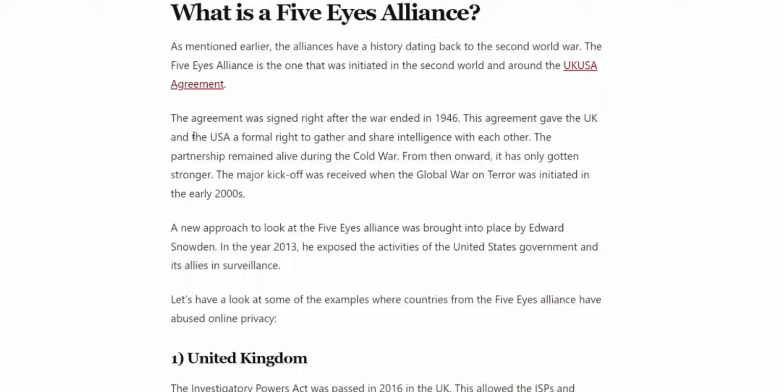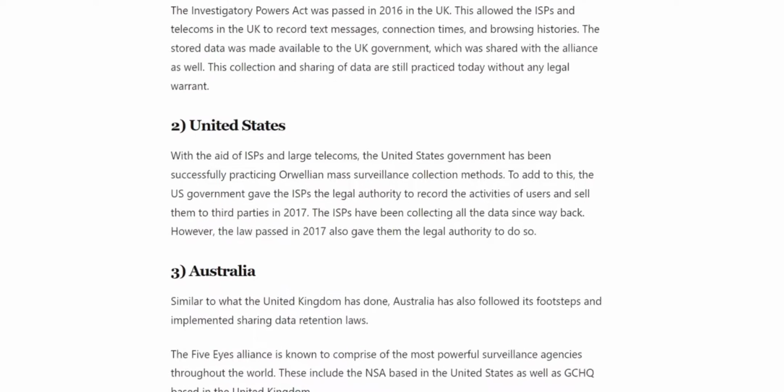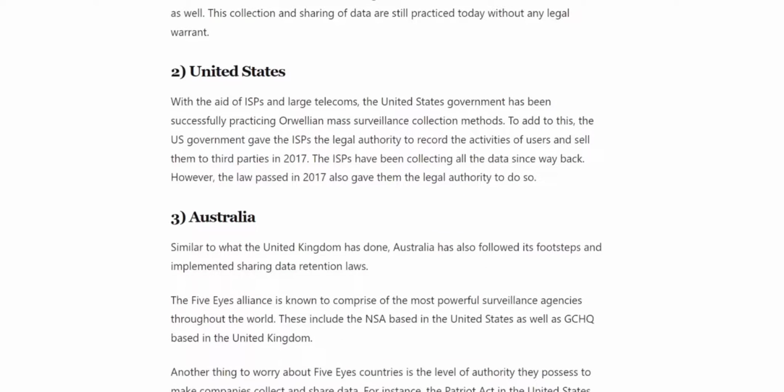The partnership remained alive during the Cold War. From then onward, it has gotten stronger. The major kickoff was received when the global war on terror was initiated in the 2000s. A new approach to look at the 5 eyes was brought into place by Edward Snowden. All right, we all know the story there. In 2013, he exposed the activities of the United States government and its alliance in surveillance. So not going to get into each individual country, so definitely check out the article if you want to find